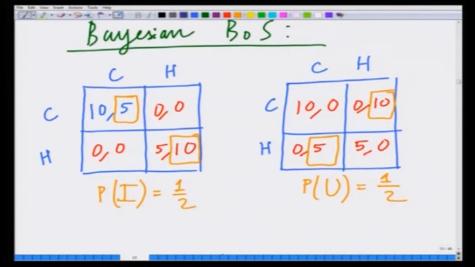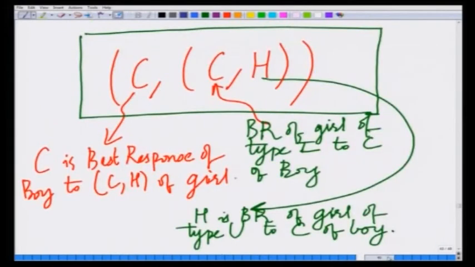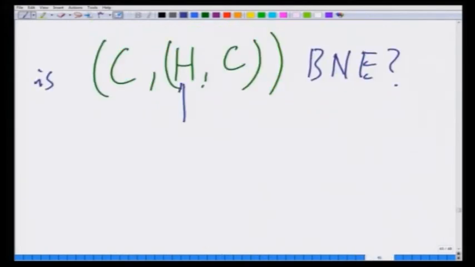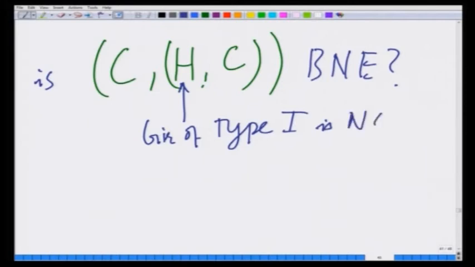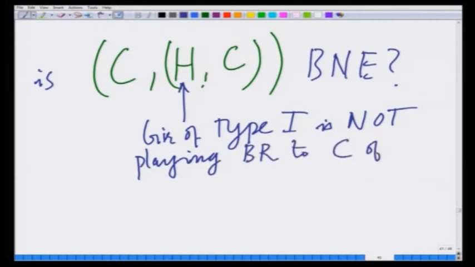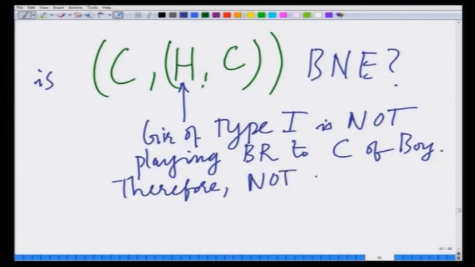If the boy is choosing C, the best response of the girl of type I is to choose C. Therefore, if we go back here, we can see that the girl of type I is not playing the best response to C of the boy. Therefore, this is not a Bayesian Nash